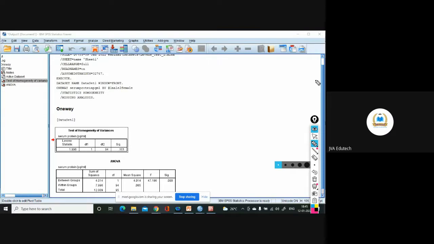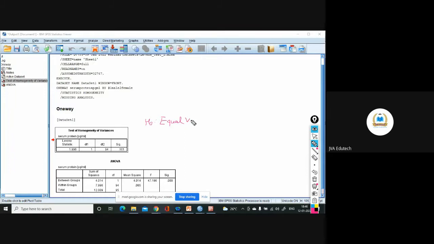What should be our null hypothesis? We are testing an assumption. So in case of an assumption, what should be our null hypothesis? We follow that the assumption is true.